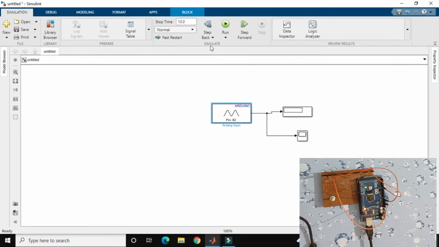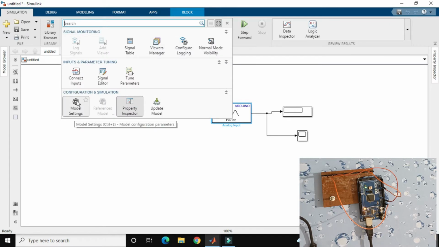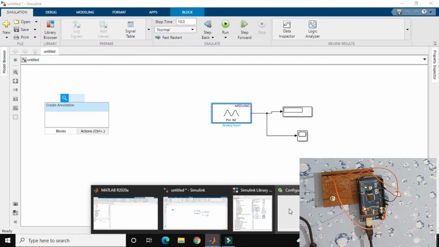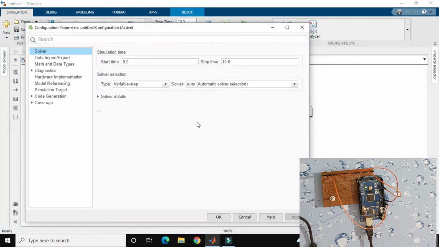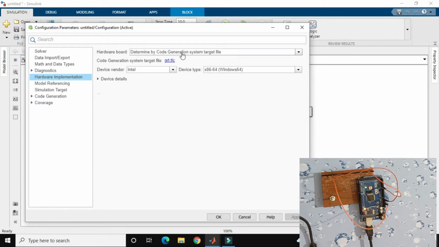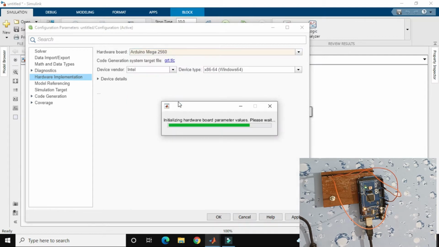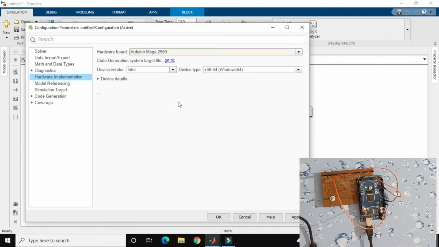For the hardware settings, I go to the model settings, or you can say the configuration parameters, go to the hardware implementation, and select the board. It is similar to the previous case. My board is selected right now.